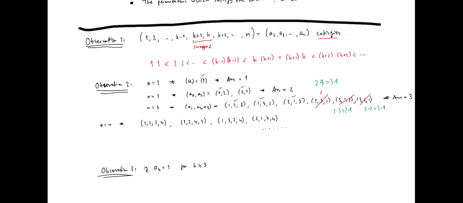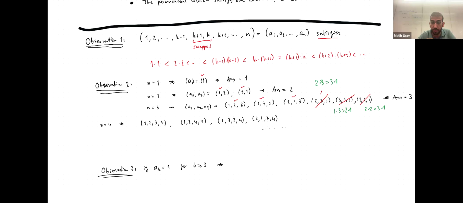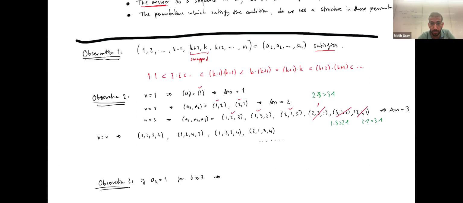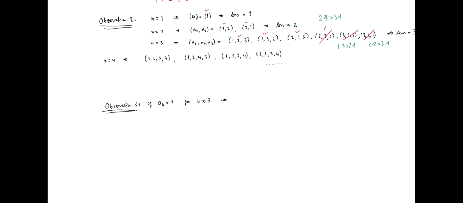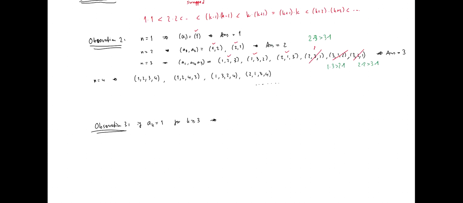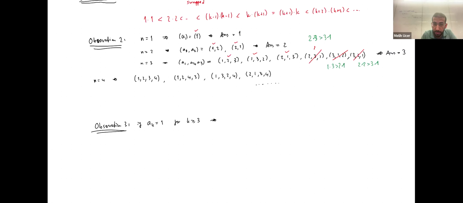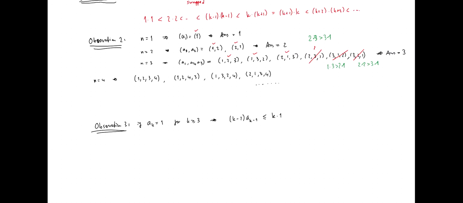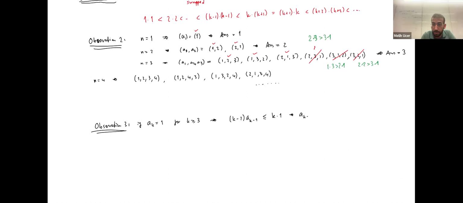We can suppose AK equals 1 and try the inequality. Which one will fail exactly? Supposedly the one with K minus 1. So K minus 1 times A K minus 1 is less than or equal to K times 1, which will be a contradiction. Because this will mean A K minus 1 is less than or equal to K over K minus 1,